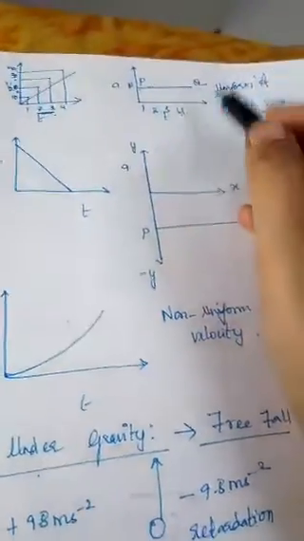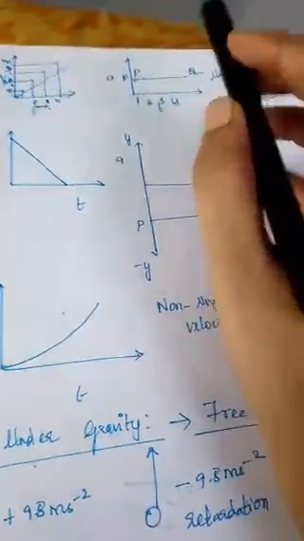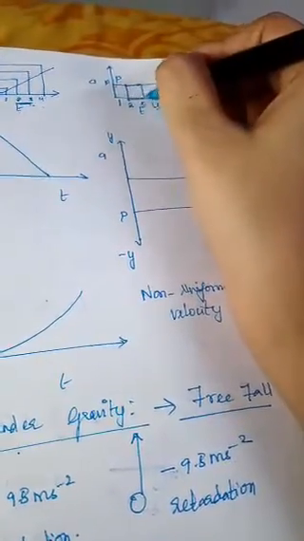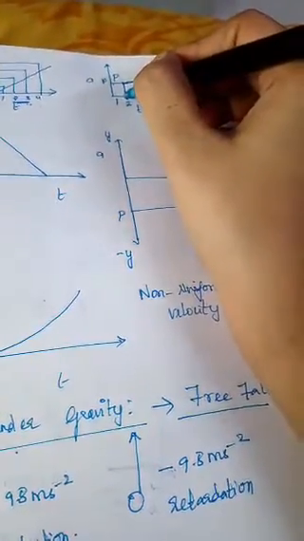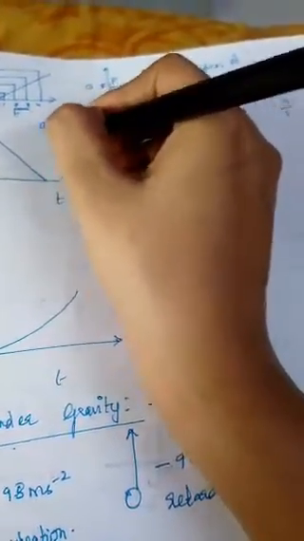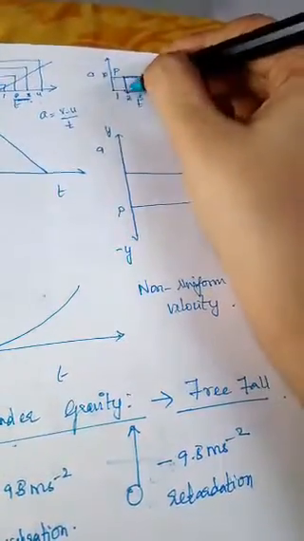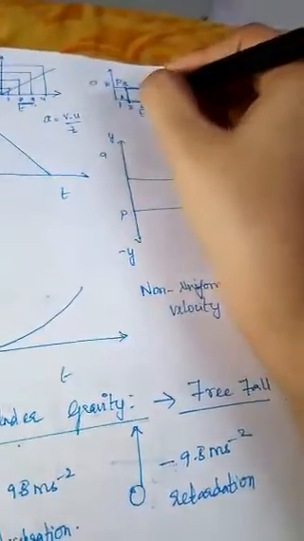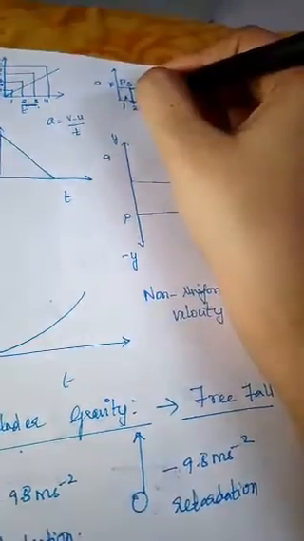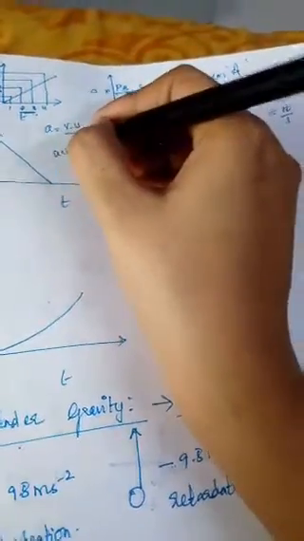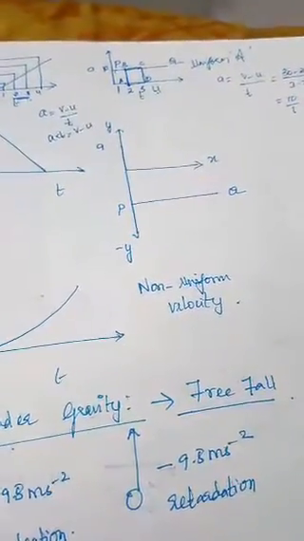So how do I find this? I can also find it just by multiplying. Remember, I want to find the velocity between these two quantities, 2 and 3. Now what should I do? If I want to find the velocity, I have to take the area. Yes, you are right, because A is equal to V minus u by t. I want to find the velocity between this plotted area. Let me take it as A, B, C, D. Now what should I do? I have to multiply them. Therefore A into t will give my value of V minus u. You got it? Yes or no?